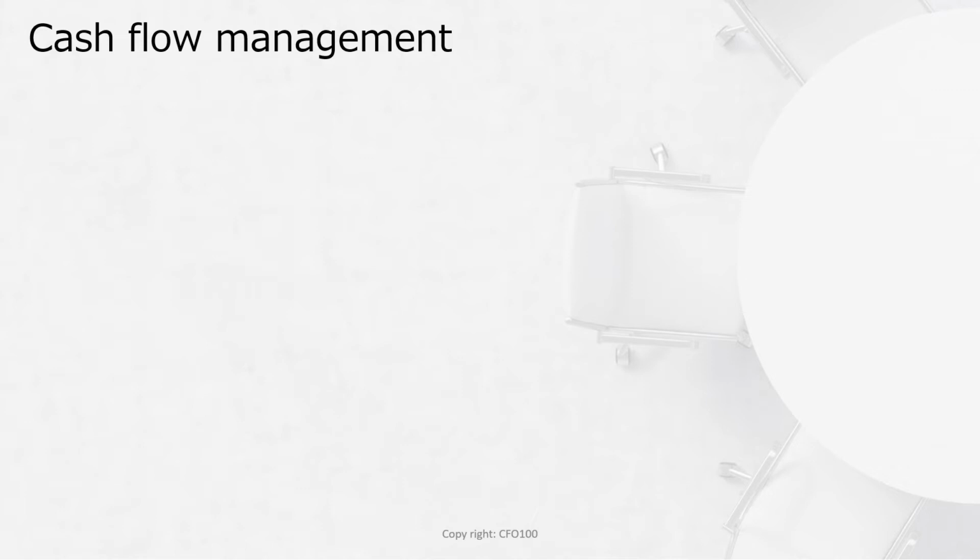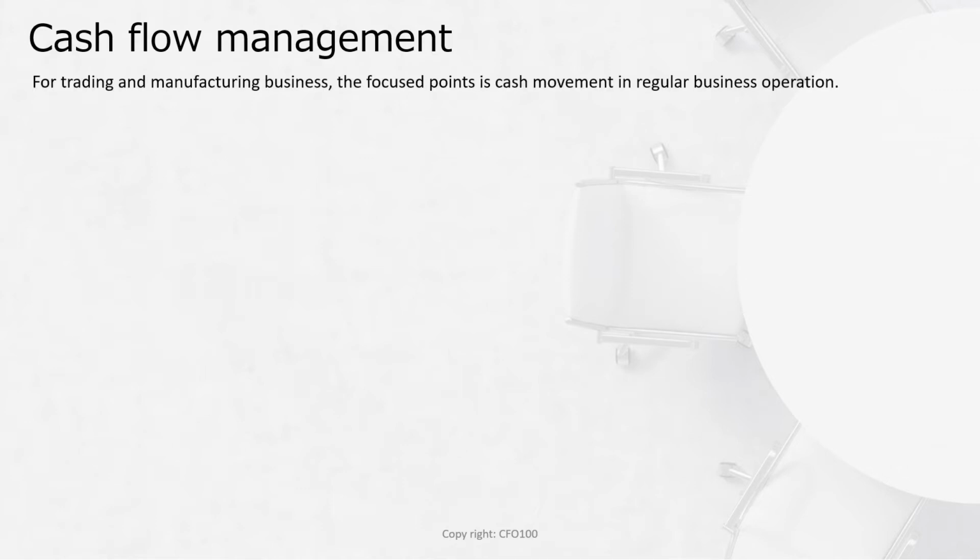Necessary material and focus points depend on what kind of business you are handling. If you are handling a trading or manufacturing type of business, what you must do first is establishing a basic cash flow sheet on a short-term and medium-term basis. It means daily, weekly, and monthly calculation. Cash management for this type of business is relatively simple and easy to understand its overview. We should learn it first.